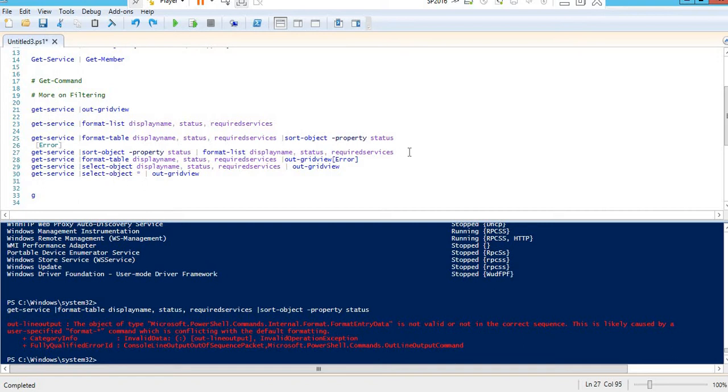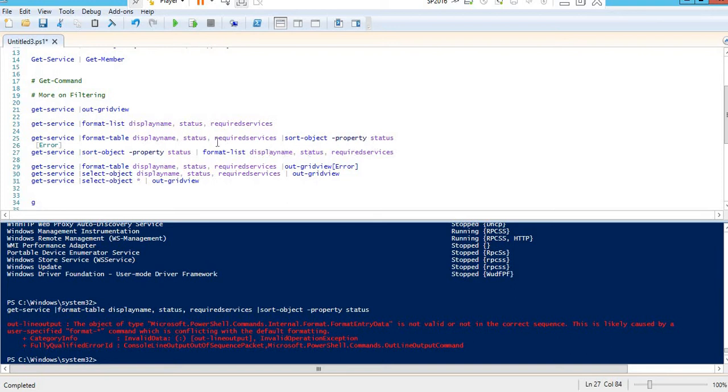So if you want to sort it, you have to get the collection and then you have to sort the collection. Like you see, Get-Service pipe, this collection is passed to Sort-Object. This will sort based on the property status, and then this collection which is sorted will be passed to Format-List and then it will format the data and show display name, status and required.